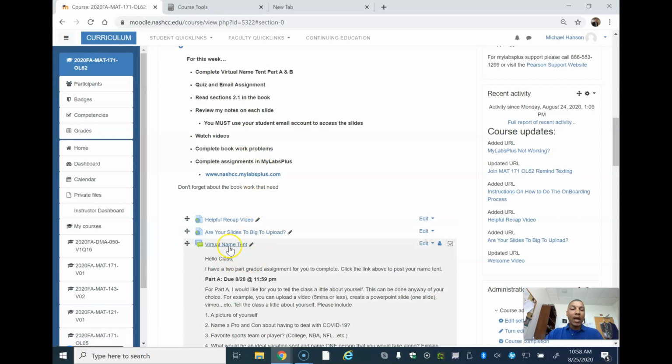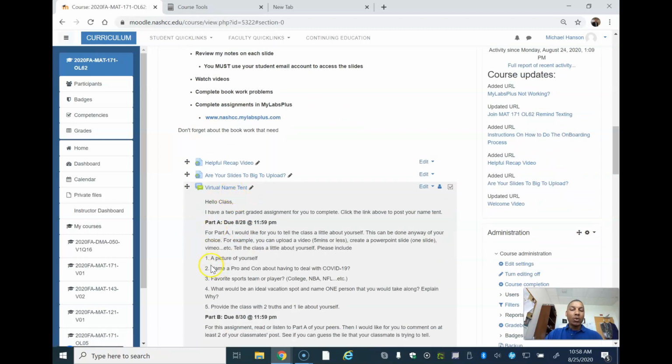Now to the name tent. Once you click the name tent, you've got 5 things you need to do in that name tent. A lot of people do PowerPoint, which is fine. You can make a video, PowerPoint, whatever the case may be, but sometimes the PowerPoint is too big and you can't upload it. So if you're having trouble uploading a PowerPoint, click this view here